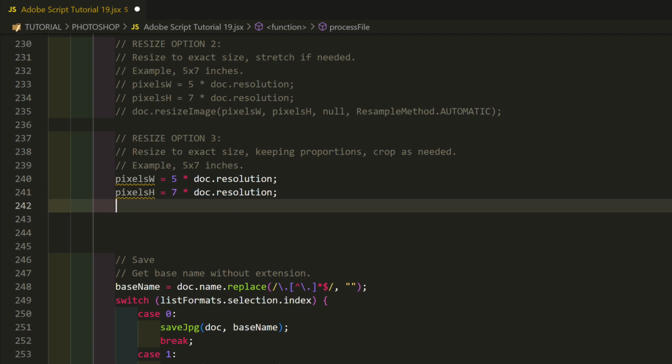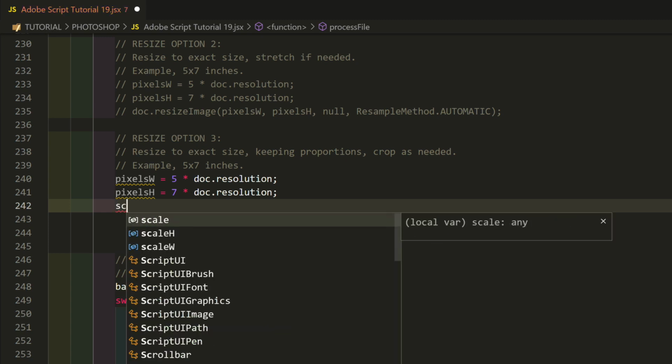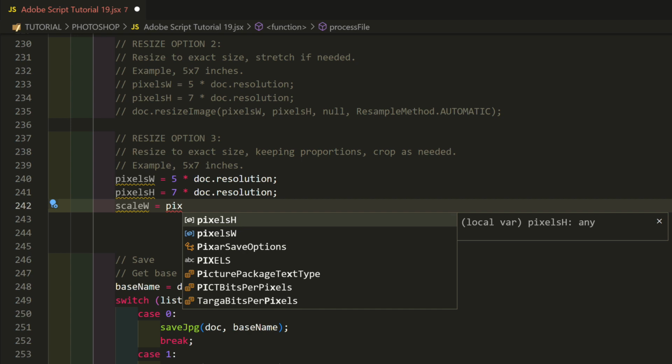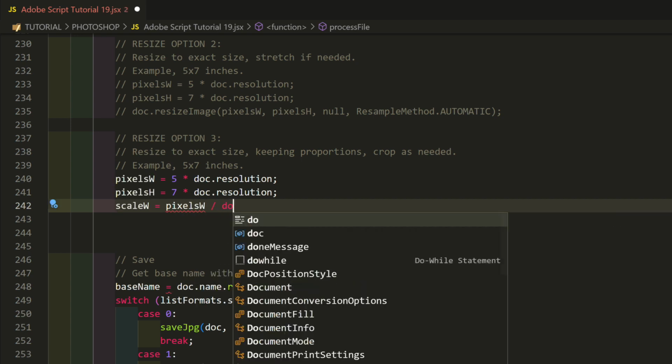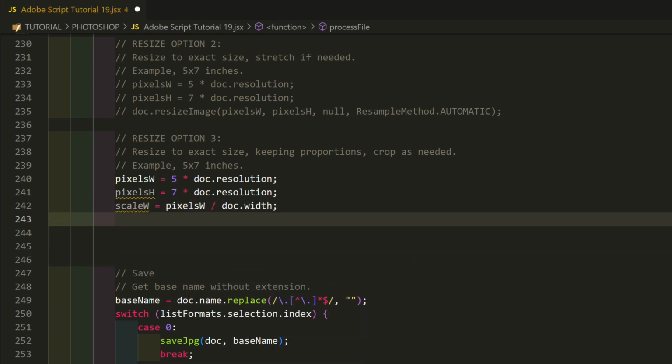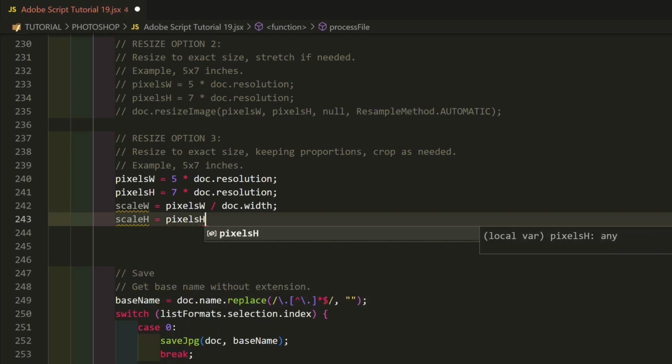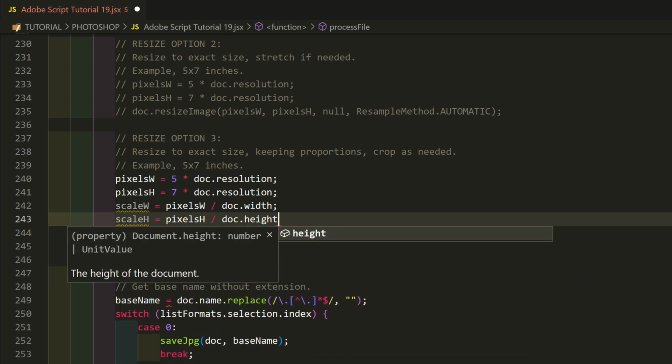Calculate how much to scale each dimension to arrive at the desired size, like we did for the first option. scaleW equals pixelsW divided by doc.width. scaleH equals pixelsH divided by doc.height.